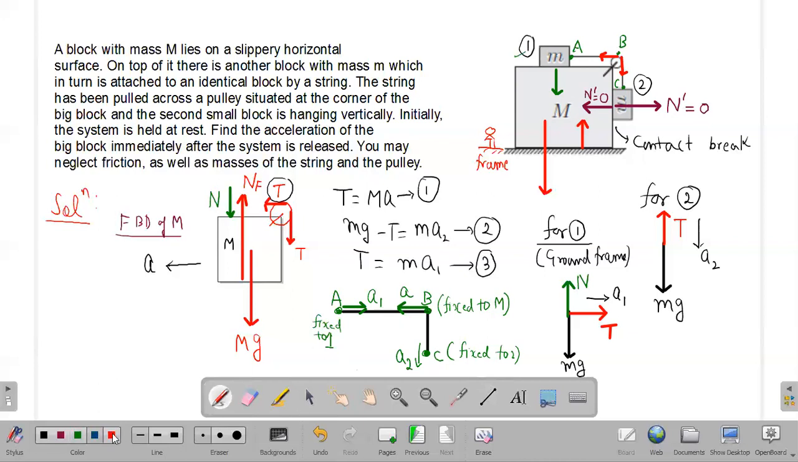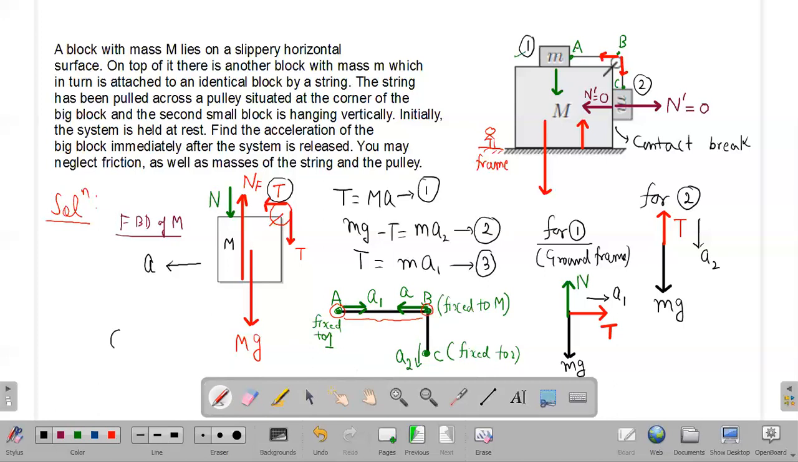Now, the end a and end b of this horizontal portion of string are approaching towards each other with accelerations a1 and small a. So the relative acceleration between these 2 points a and b is a1 plus a, right? The relative acceleration between the point a and point b is a1 plus a. In another way, you can say that if I watch this problem with respect to the pulley frame,